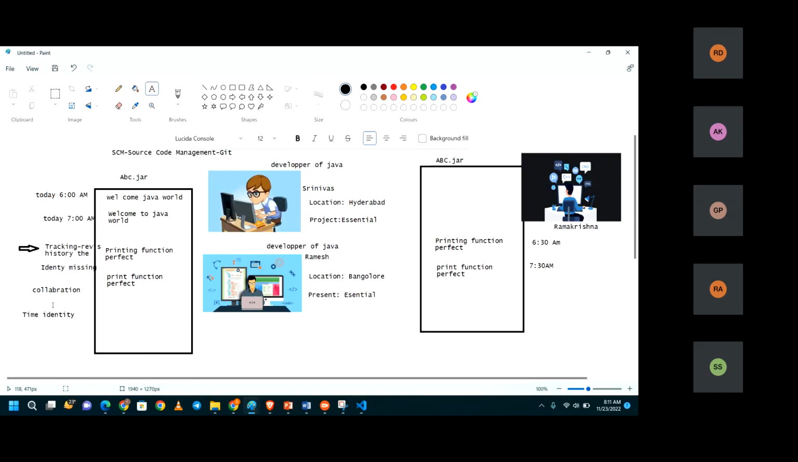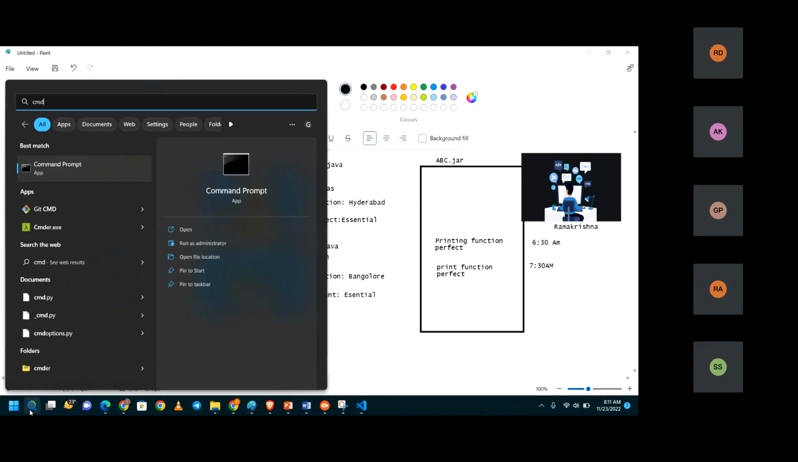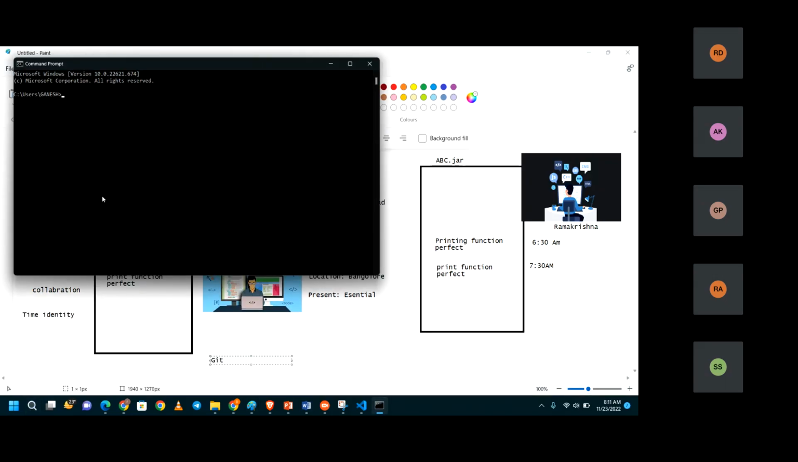Git will eliminate the issue of tracking. How will it track? I will show it in one execution of a command. There are commands there. Git has commands. We already know CMD. That's why I showed CMD here. Now I have installed Git. So now Git